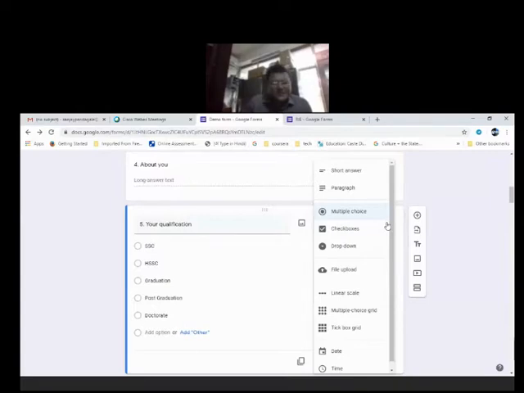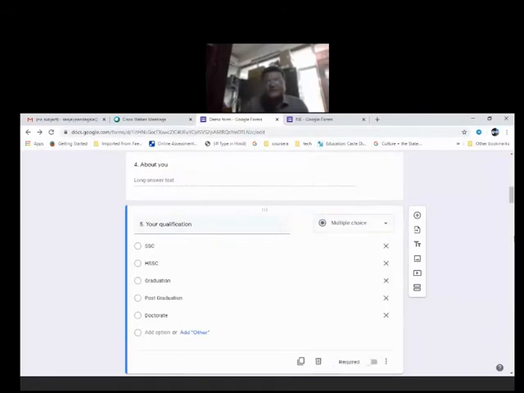Obviously, a person who has a post graduation degree has completed graduation as well as HSSC as well as SSSC. He or she is not going to select that, "मैं 10वीं भी पास हो गया, मैं 12वीं भी पास हो गया, उसके बाद मैं ग्रेजुएशन भी पास हो गया, उसके बाद मैंने पोस्ट ग्रेजुएशन किया." So whatever highest degree he or she possesses, the person will choose that particular option. That's why I have taken this option, that is multiple choice. He or she needs to click on only one.